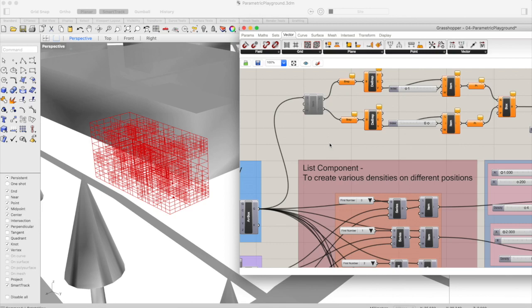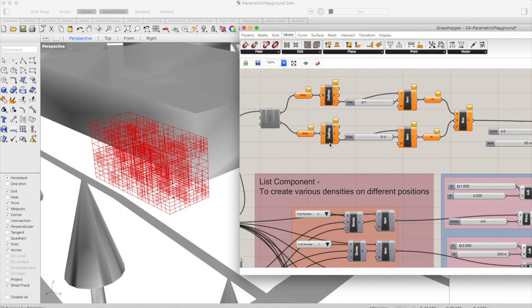Now that we have a grid system, and at some parts it's more dense and at some parts it's less dense, and we can also change the areas, so where it gets dense and where it gets more light. But then this is not really what we want to do. We also want to develop a system how we can take out some elements of this grid structure, as we